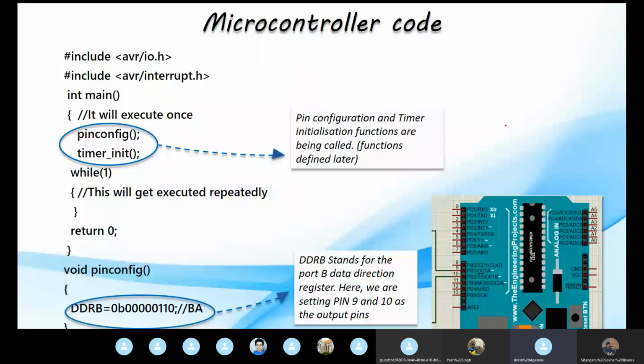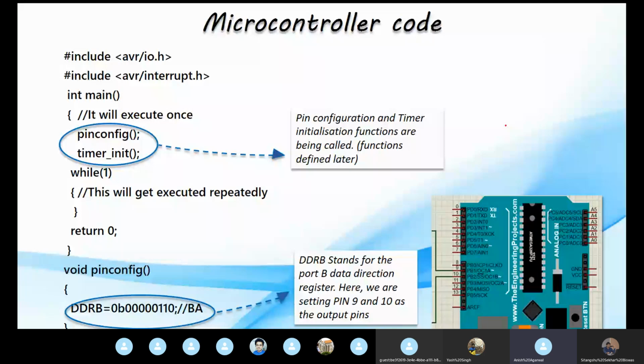Alright. So in the main function, we have kept this while as an infinite loop. This is because the interrupt service routine has to work infinitely. If you do not give this while loop, you won't get any output because the program will finish. And to get an output, you have to be in the main function while the program runs. So this infinite while loop, so that the ISR, the interrupt service routine, keeps working, and you do not get exited out of the program.